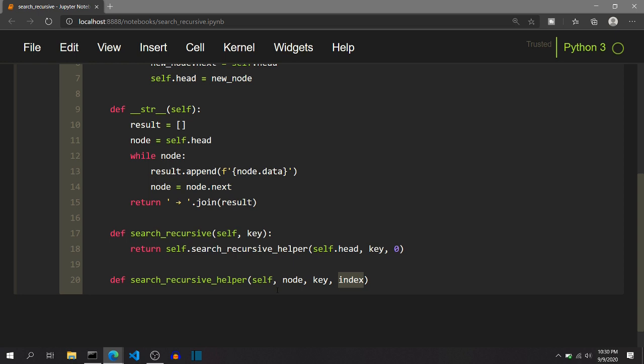And we are passing key because the condition to check whether the data of the node is matching the key is present inside the while loop. And if you're not sure how to write the iterative code for this search function, you can definitely check out my previous video. I have made a detailed video for that.